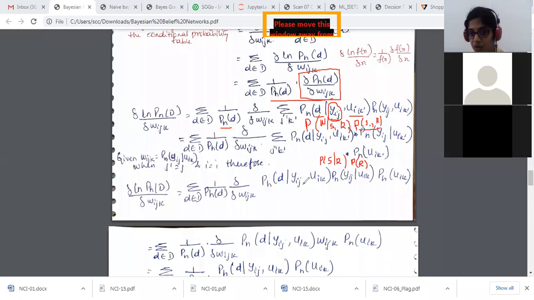Then again, using that itself, I'm going to write p of yij into uik. It remains the same. This is again the same. This is again the same. But here what I'm doing is, when uij, this value of uij, if it is equal to p of, this is the node and the parent node, if it is dependent on this, then the weights of that are equal to this, where ij is equal to ij and i is equal to i, which means all those 4 table values that I have.